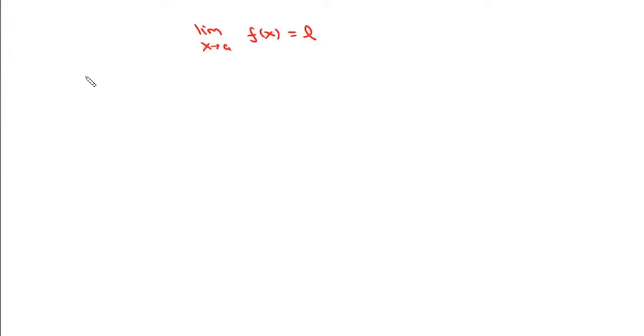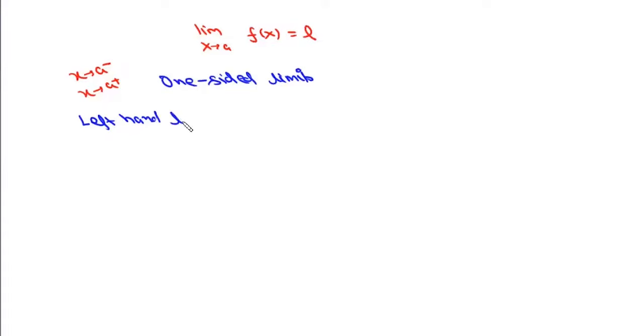If x approaches a from the left hand side, we know it is x tends to a negative, and from the right hand side it is x tends to a positive. So depending on whether we are approaching this function from the left or from the right, we have defined something called one-sided limits. Now in one-sided limits we have left-hand limit,